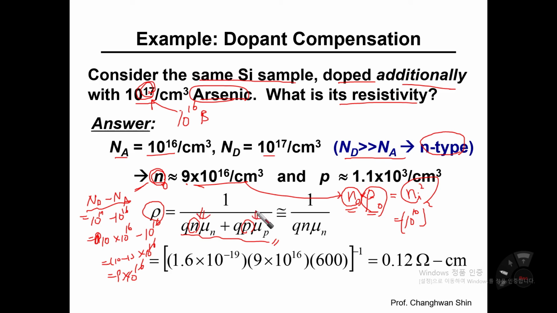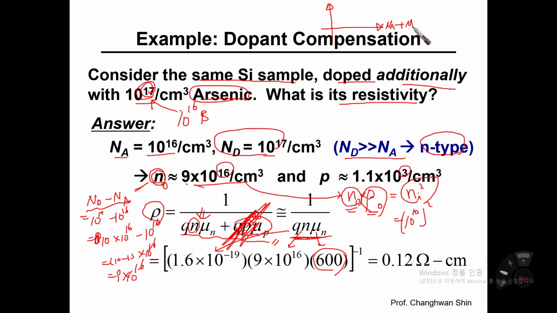Is it right? No, still Nd is 10 times higher than Na, so just ignore the whole p term because it is too small. p is much smaller than n. Take a look here, 10 to the 16 versus 10 to the 3. So just ignore this term, okay? All right. Then plug in the q value, n value, and mu value. So to get this number, watch out that